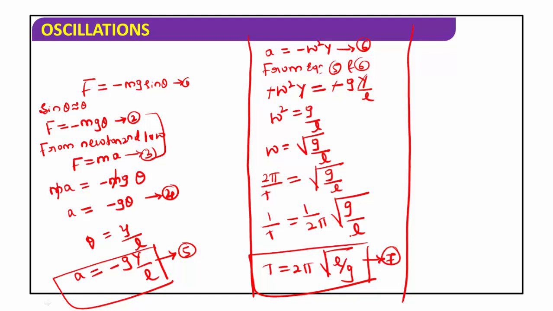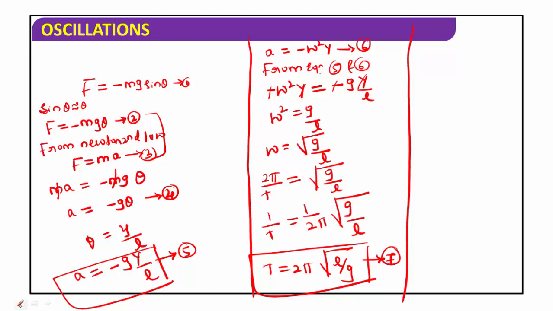In the second unit, units and measurements, we have already studied the time period of the simple pendulum by using the dimensional analysis method. And here is the expression for time period without the dimensional analysis method. T is equal to 2 pi root of L by g. This is the expression for the time period of oscillation of a simple pendulum. Here T depends on L and g, and does not depend on the mass of the bob of the simple pendulum.